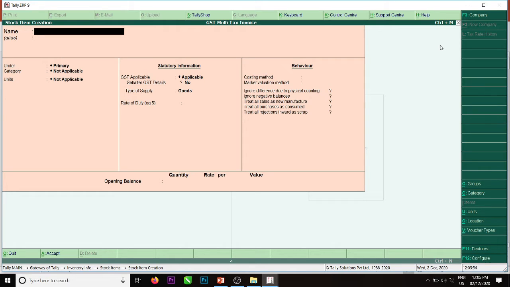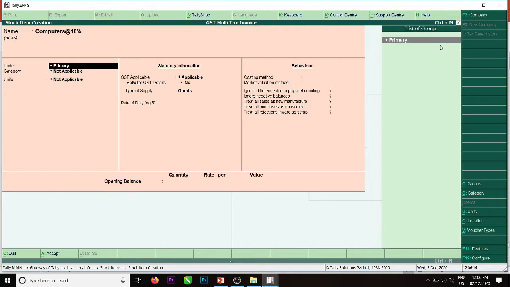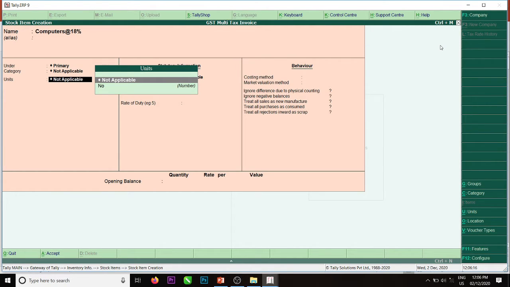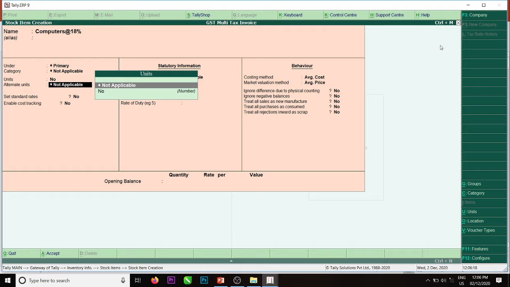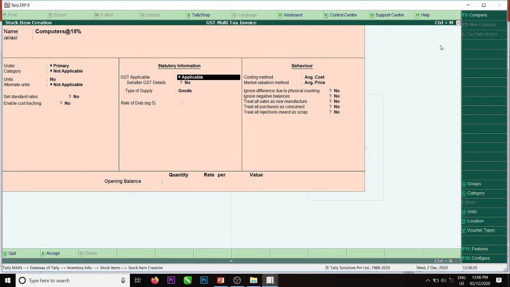Okay, computers at the rate of 18%. For differentiating the products, we are giving the percentage. Primary. Computers are measured in number, no alternative units applicable.